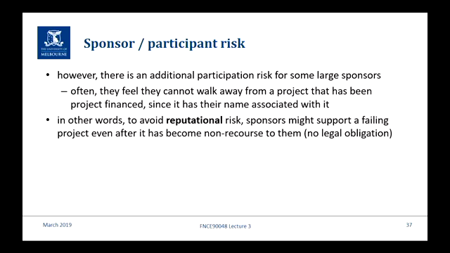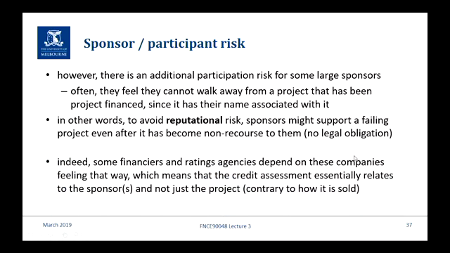So if one of our projects fails, maybe we should stand behind it and prop it up, at least get it running again and make any repayments to the bank, because we don't want to lose our good relationship with Morgan Stanley and Deutsche Bank and BNP and all these big banks in the syndicate just because one of our projects is a dud. Yes, everyone knows, everyone's on the same page, legally there's no obligation, but you know, we're going to be a bit gun shy to lend to you guys again next time you do a project because this one failed. So there's no legal obligation. So be clear on the point that this risk is associated with protecting reputation.